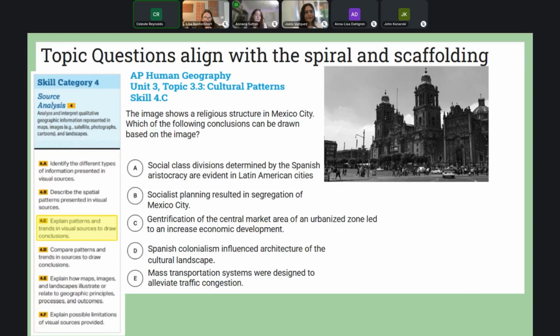So I would say, okay, what topic is this coming from? My students will say, oh, Unit 3. And then also, what skill is it? And this one is looking at explain patterns, because it's asking them to look at this visual source and draw a conclusion about what they're seeing. So this is, if you can click one more time,